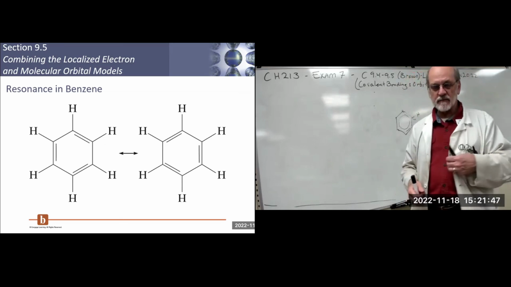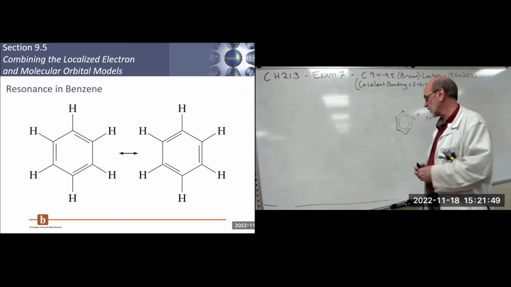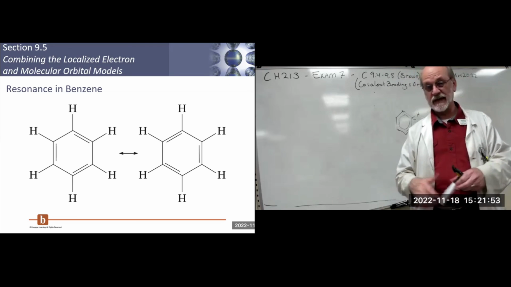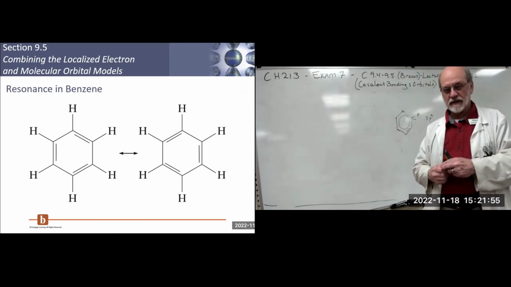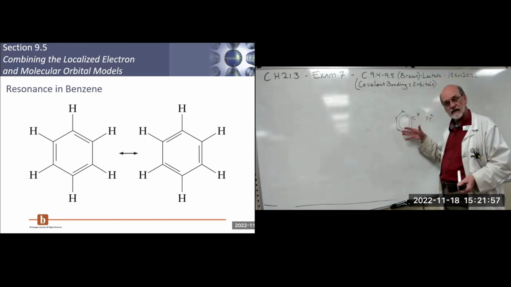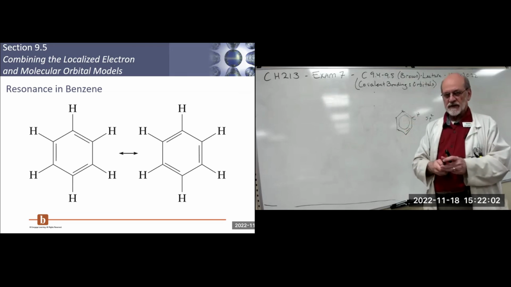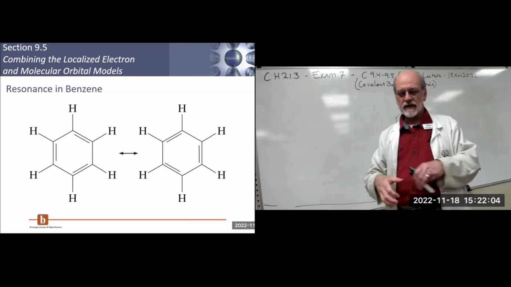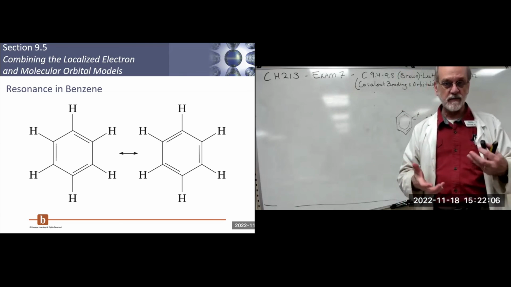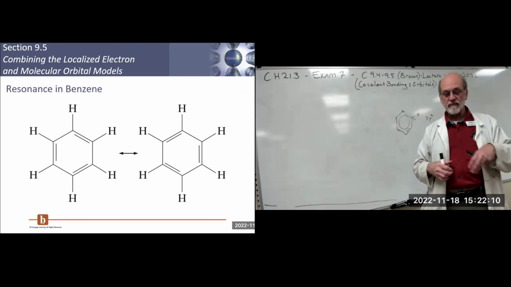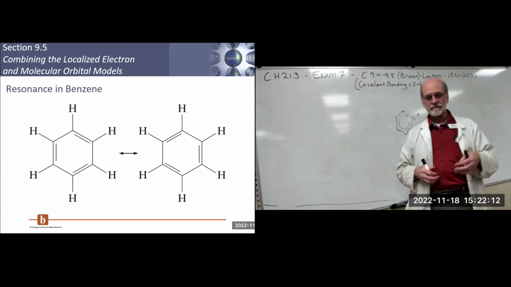And the molecular orbital model just actually sort of ignores that, right? This would be a way to explain it with a localized electron model if we had a pi bonding system. But the delocalizing itself is what accounts for the stability of the benzene molecule. Anywhere in nature where you have a benzene type ring, and